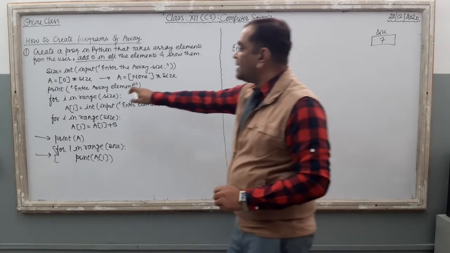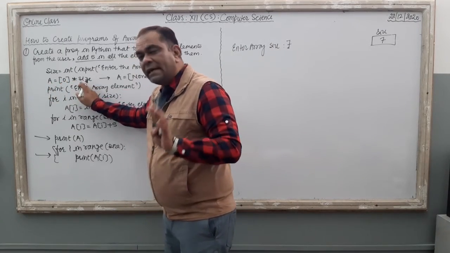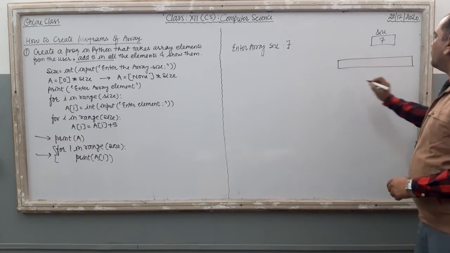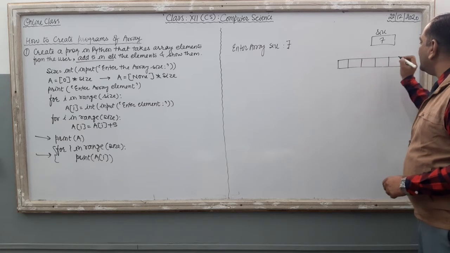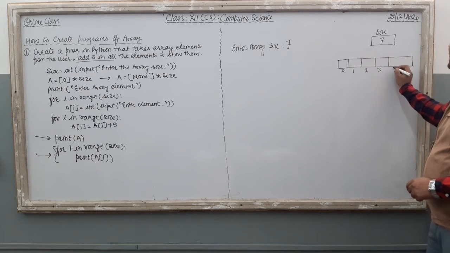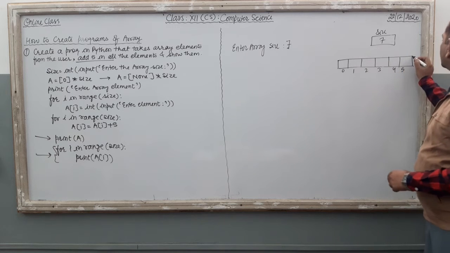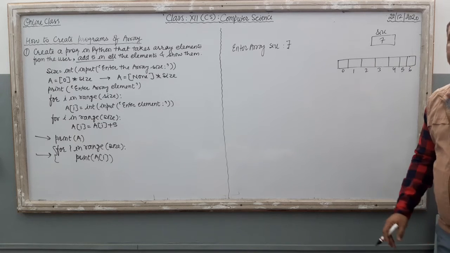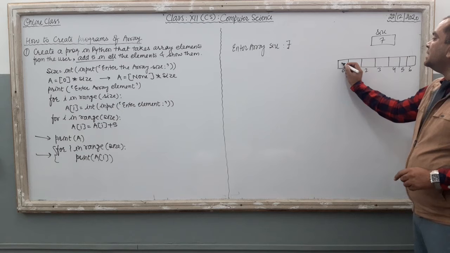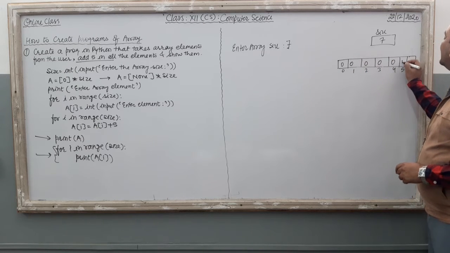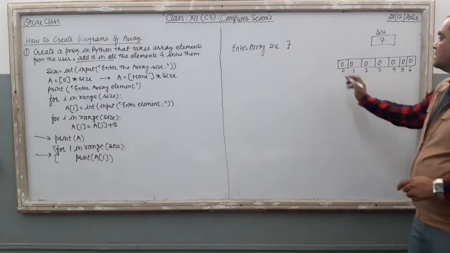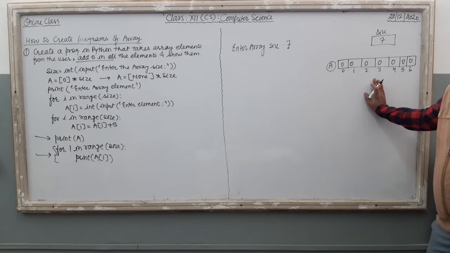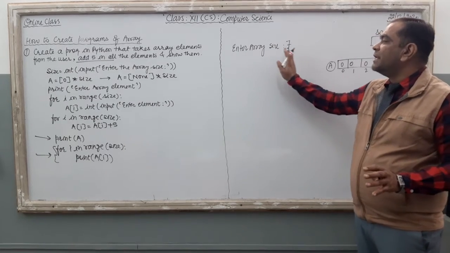Now what will happen in the next line? Just see, A equal to 0 into 7 means what? One array A is created in your computer's memory, with indices 0, 1, 2, 3, 4, 5, 6, total 7 elements. And 0 into size means the computer puts this default value inside the array slots. This will be there inside your computer's memory, but your monitor shows only one line.